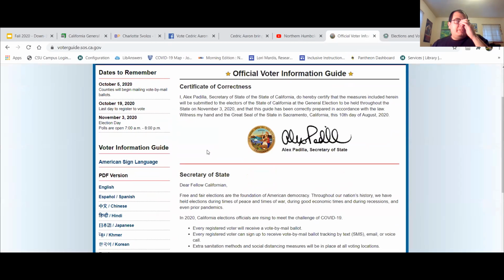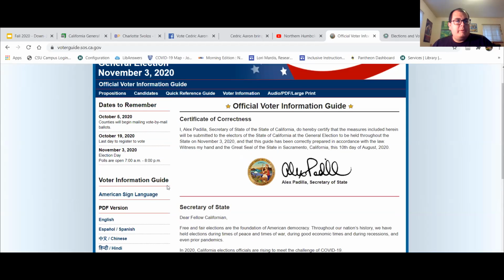And with this site, you can download PDFs. Some information is going to be available in PDF. Others are going to be available directly on the website itself. You can get the full text version here, I believe. And then if you go up here to the top left corner under propositions,